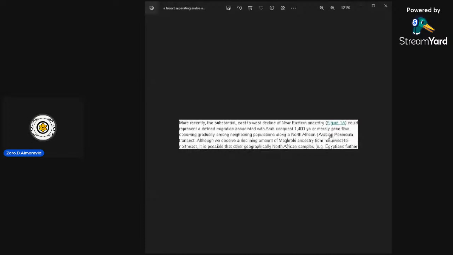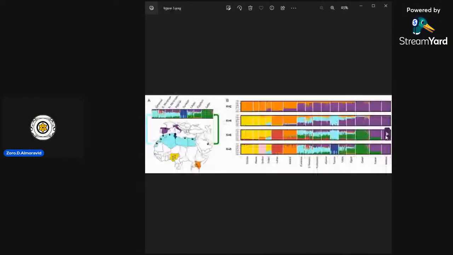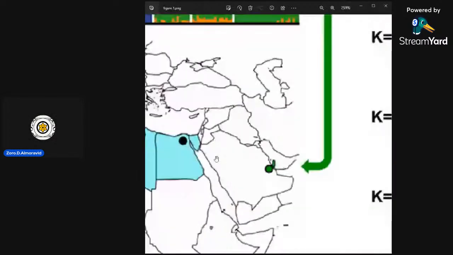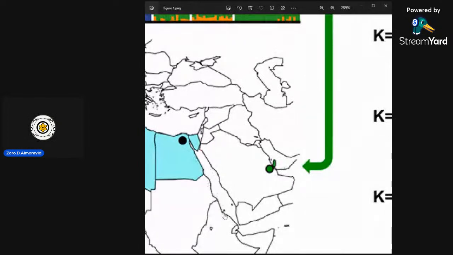So first we're going to define where is this transect. This transect would be the Sinai Peninsula here, or could be this entire red coastline,